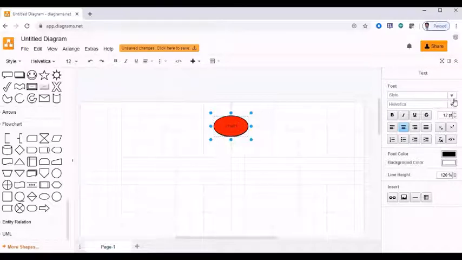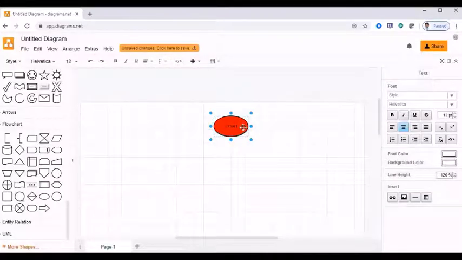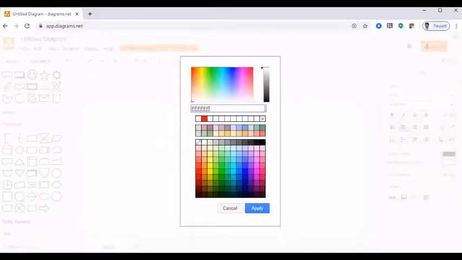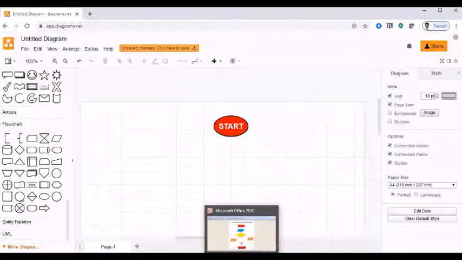You can change the color, since the color has to be in contrast. You can click and drag the textures and apply the color. If you want to increase the font size, you can increase it here, and if you go for bold, you can bold. So this is the start icon.